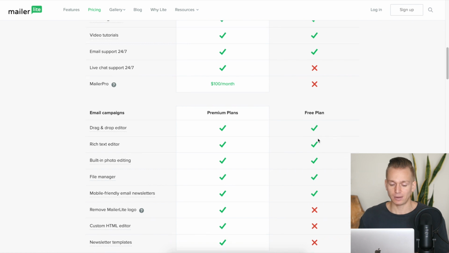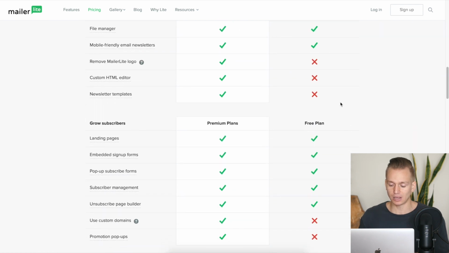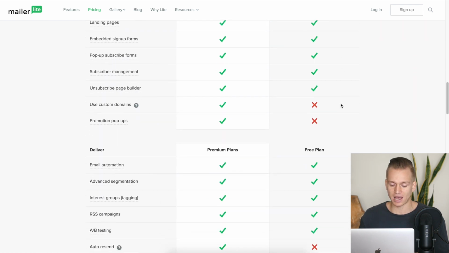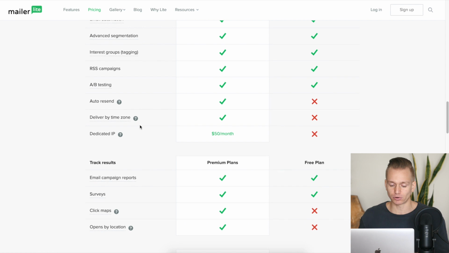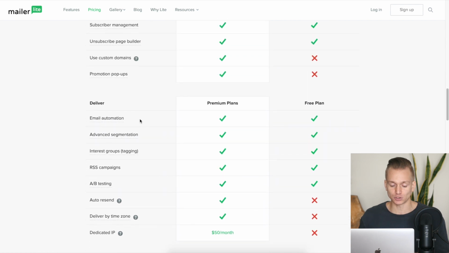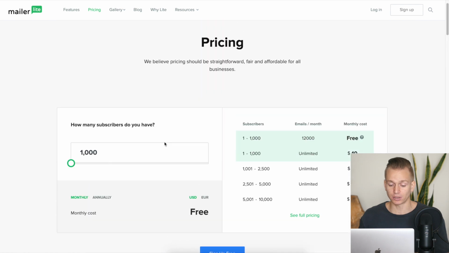You will have MailerLite branding on your emails, you will not have any custom domains, and you're not going to have promotional pop-ups, but the vast majority of automations, A/B testing, all of that stuff that is very, very important, is all included in the free plan, which is absolutely amazing, which I think makes it so much better than all of the other platforms that have free plans.